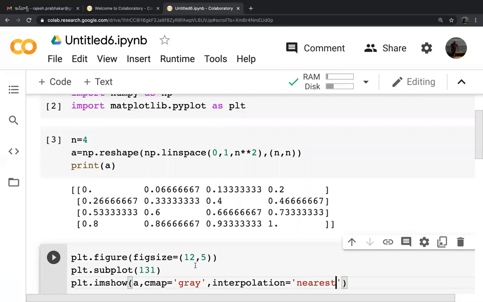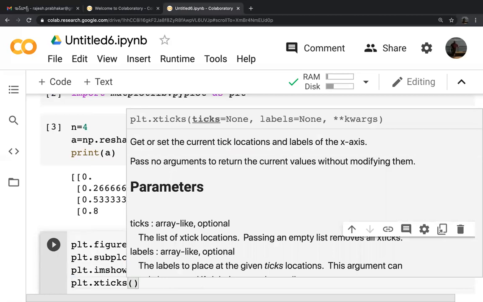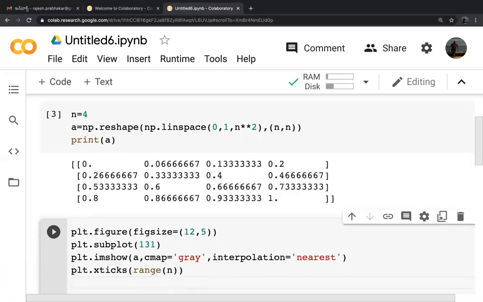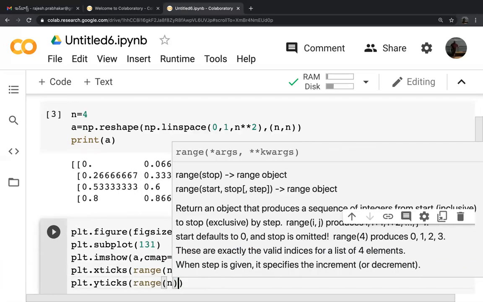We are saying use the nearest interpolation, and then plt.xticks, the x-axis ticks, will be range of n. plt.yticks, the y-axis ticks, will again be range comma n.